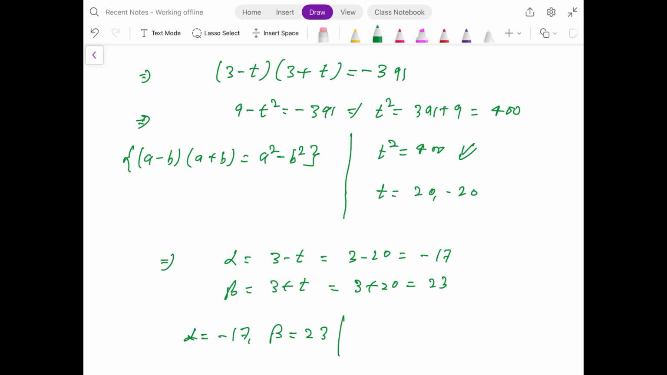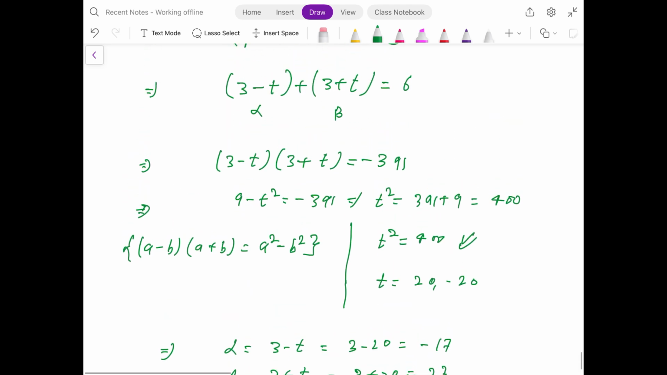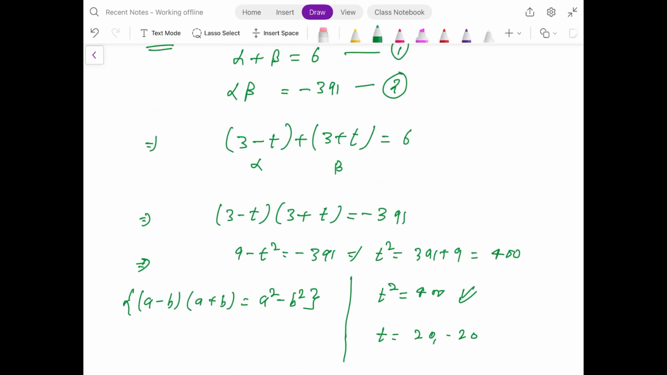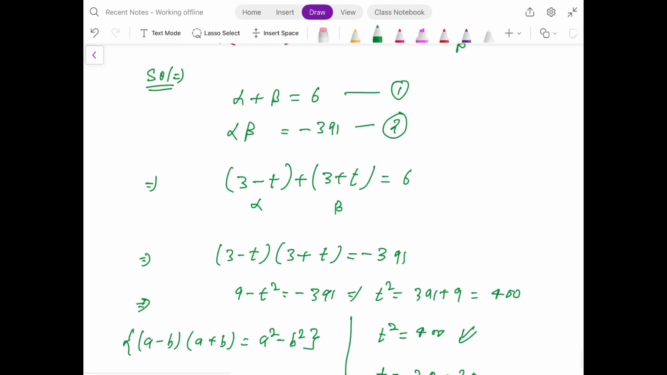Further, if we use the value of t as minus 20, it won't affect the final value of the roots. In fact, if we use the value of minus 20, 3 plus t will become minus 17, and 3 minus t will become 23. So it won't affect the final result of the quadratic if we use the value of t as 20 or minus 20. So here one question obviously arises: why are we adding and subtracting from the average of the